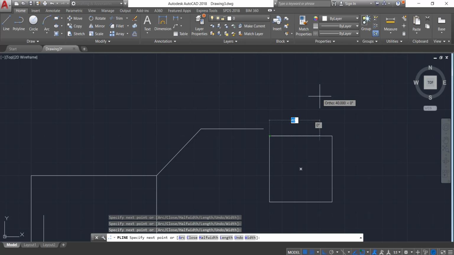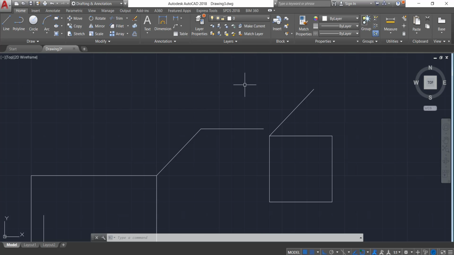It is very simple to draw a rectangle or any kind of polygon with the help of polyline instead of the line command. You can also create an angular line in a similar manner as with the line command, for example 50 with an angle of 45. Here you can see. Again, to exit the command, use the escape button.